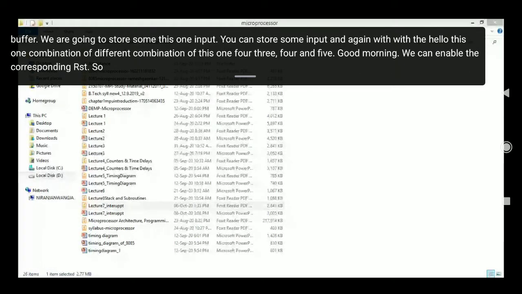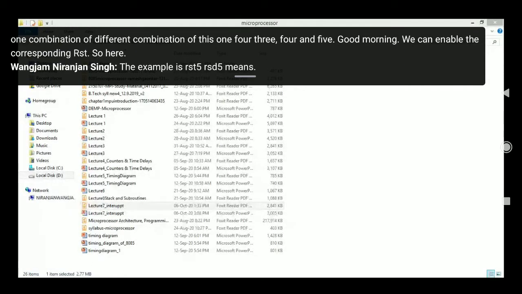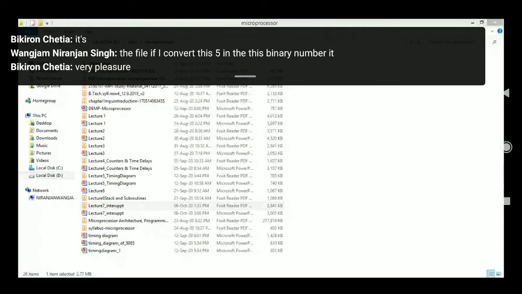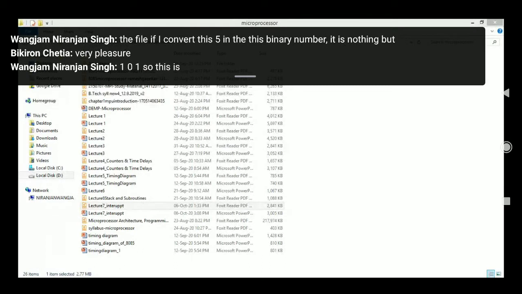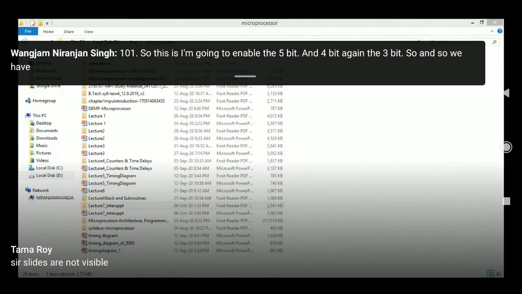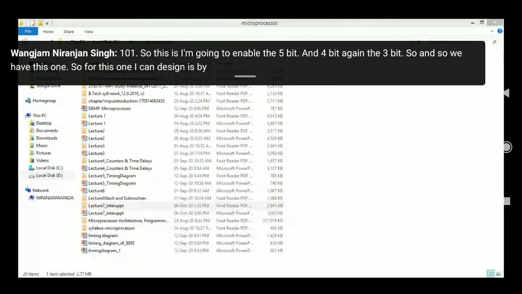So here the example is RST5. RST5 means 5. If I convert this 5 into a binary number, it is 101. So I'm going to enable the 5-bit and the 4-bit, again the 3-bit, and so on. For this, I can design by using a tri-state buffer. This opcode design, we can design the RST5. So how are you going to design?